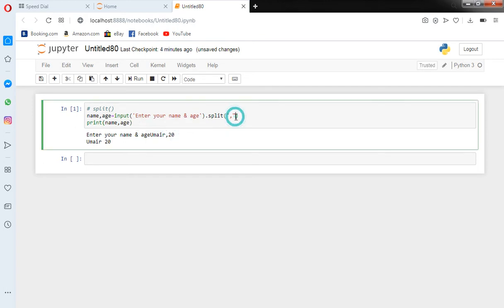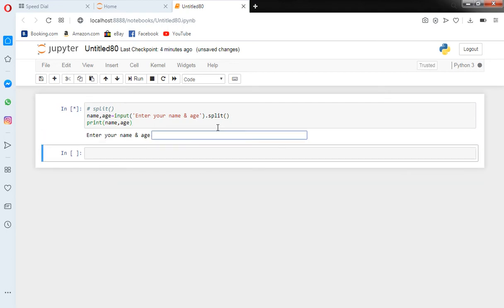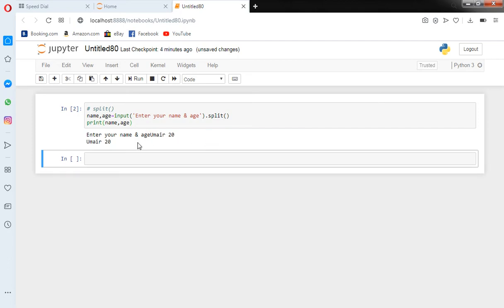If I remove the comma from here, by default these two values are separated by a space. So if I run it again, now I have to write Umair, don't forget the space, and then 20. If I enter it, you can see we can separate by default. As a default operator we can separate by space.